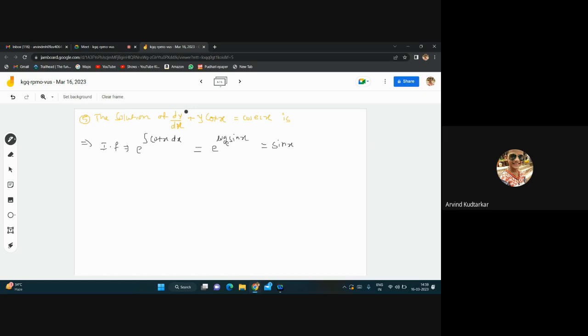It is the solution. Okay. Now see here in next. This is also application of integration. 6. Solution of differential equation. dy by dx